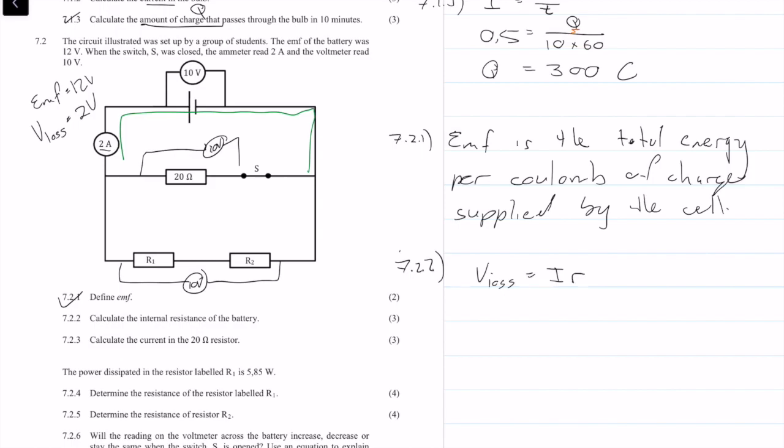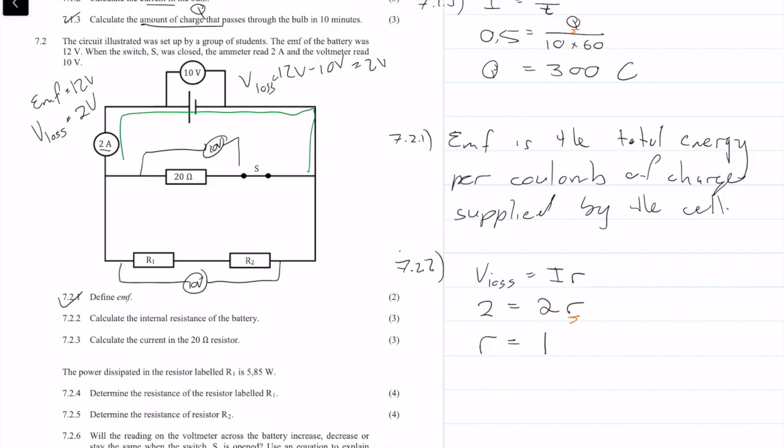The voltage loss I already said is 2 volts, and I got that by saying voltage loss is equal to the 12 volts minus the 10 volts, which equals 2 volts. So 2 volts is equal to I, which is also 2, times the internal resistance. The internal resistance r is the only unknown there, so we can say r is equal